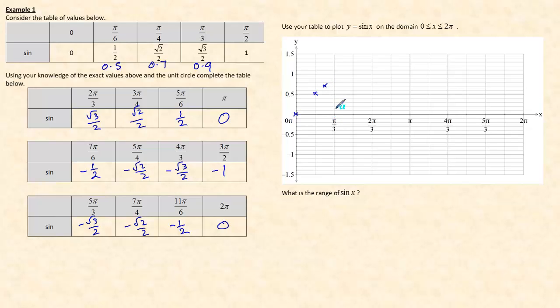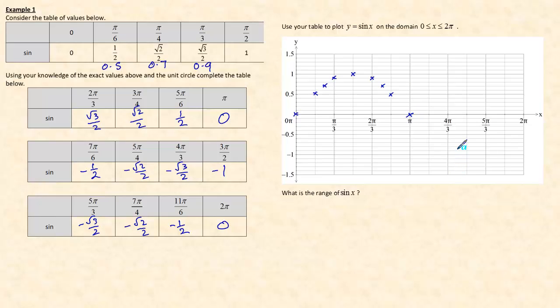At pi by 3 we're going to get 0.9, and then at pi by 2, which is this one here, we're going to have 1. And then we can see that they're coming down again, so is going to be 0.9, and then halfway in this gap is going to be 0.7, then 0.5,